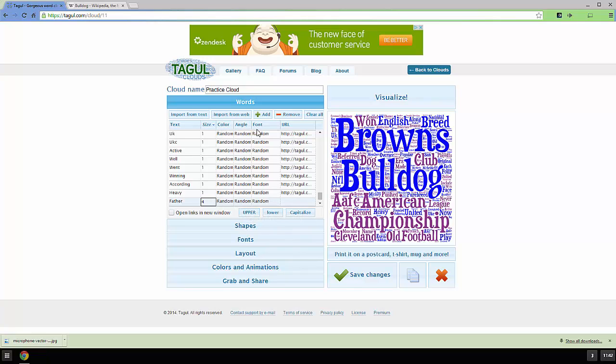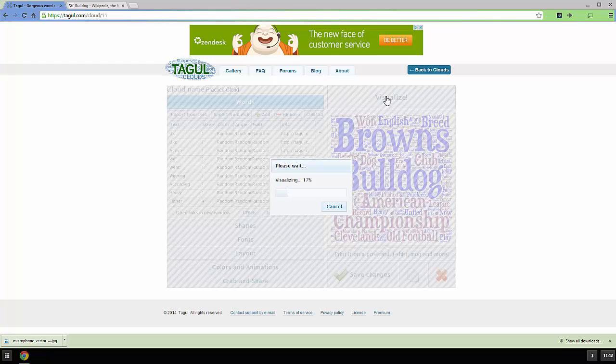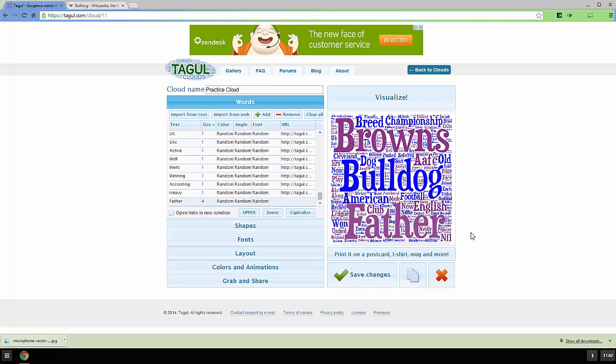All of these randoms in the middle for color, angle, and font, we're going to leave that. The URL area, we're just going to ignore that one as well. So I'm going to go ahead and, remember, once I type in father, I have to visualize in order for that to appear. And we should see the word father appear kind of large right there somewhere inside our shape. So again, import from text,